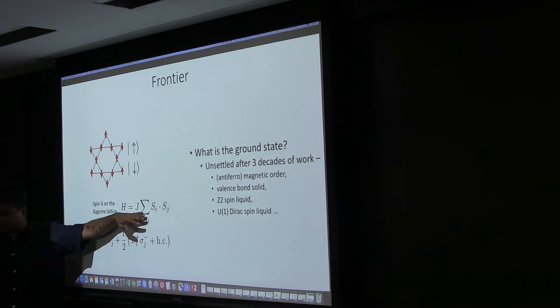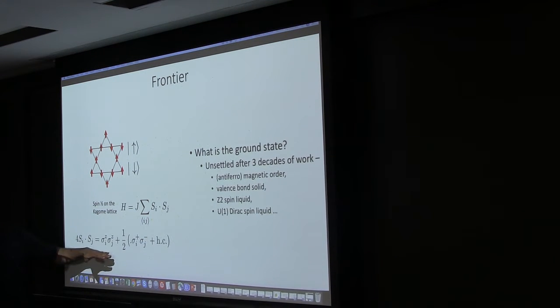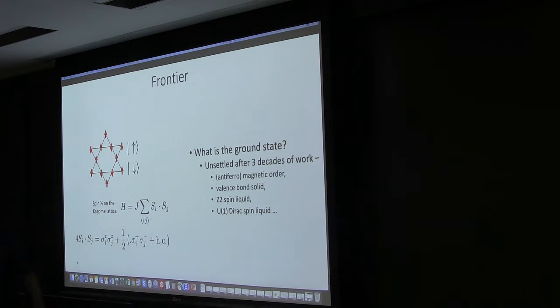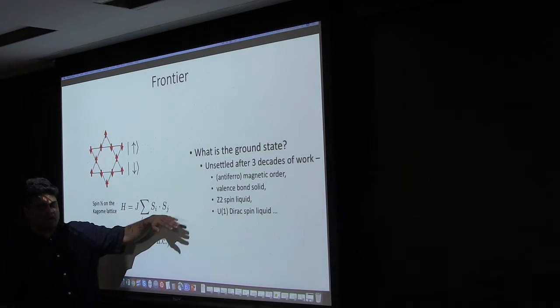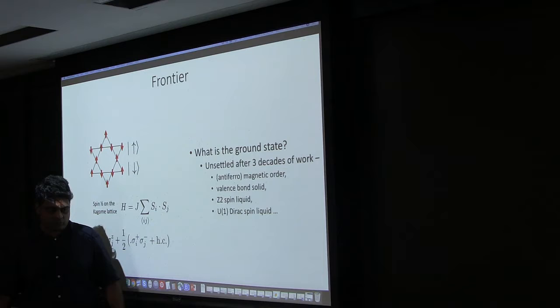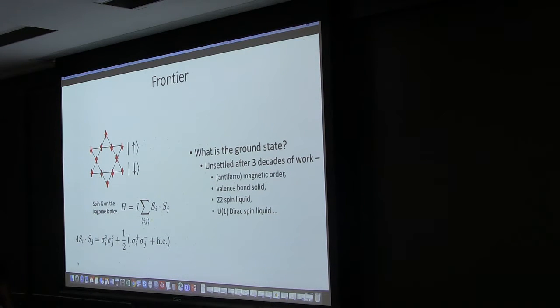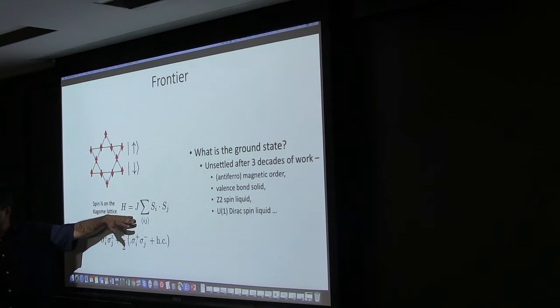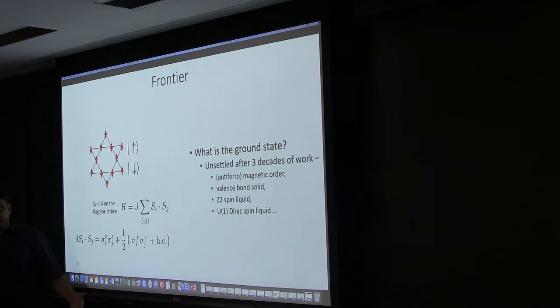It's relevant to materials, relevant to magnetism. But it's been decades, and still people haven't figured out what the ground state of the system is. Every conceivable state has been proposed, but they all have problems in interpretation. And really one of the challenges for theory is, can we come up with reliable ways of figuring out ground states? If we can't do that, at least can we come up with scenarios? These are the different possible ground states. Can we describe their properties? What are their signatures? And you can either go to experiment and see if those signatures are being realized, or you can go to numerical simulations, numerical experiments if you like, and see if those signatures are being realized.